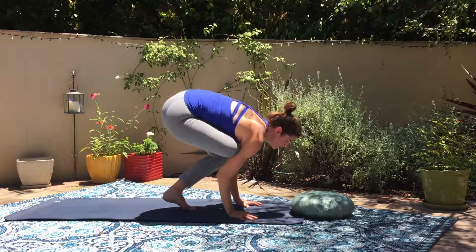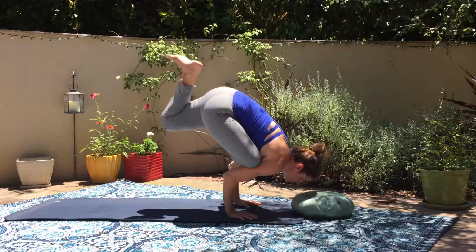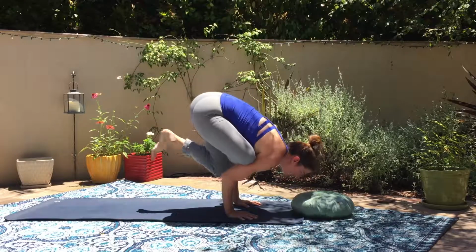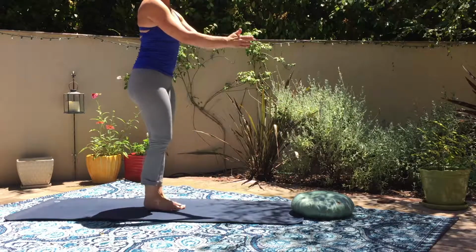Look forward, lean forward, make a chaturanga shelf and pick up your back foot. And then lift your back leg back behind you. Go slow, keep looking forward. Bring the leg back down to the floor, stand up nice and slow, hands together at your heart, and then